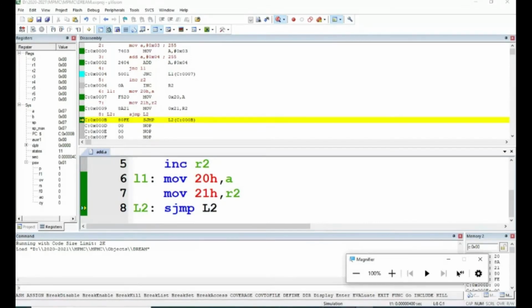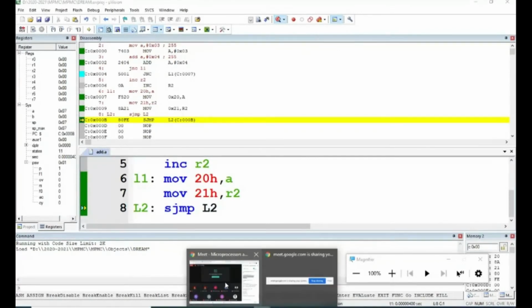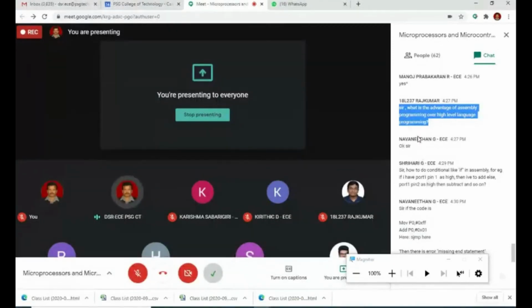That is the beauty of learning assembly language programming, but it is not possible for all microcontrollers. That is why we can understand assembly language programming for only one small, that too 8-bit microcontroller. Similarly, it is happening for 16-bit, 32-bit and 64-bit microcontrollers. It is impossible for us to study assembly language programming for 16-bit and 32-bit microcontrollers. That is why a simple 8-bit controller is taken as an example, which is kept in the syllabus for us to learn in a much easier way. Beautiful, right? So that is the answer for this question. The question may be very simple, but just through this question, we have answered a lot.